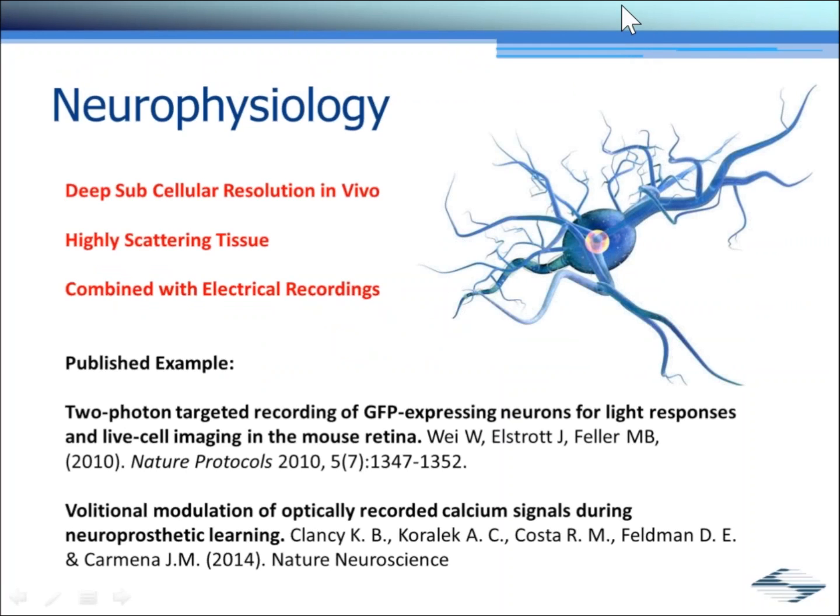And first, let's discuss neurophysiology. Essentially, 2-photon imaging is incredibly important here because people are trying to get information out of not just the surface of the brain, but deep into the tissue. The red light or the infrared light of 2-photon imaging penetrates the tissue much deeper than the light from single-photon excitation, which is what lends 2-photon excitation to be highly valuable for people doing deep tissue imaging.